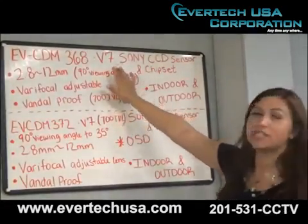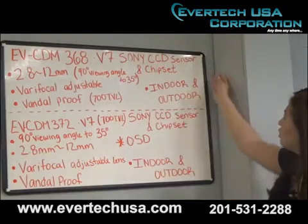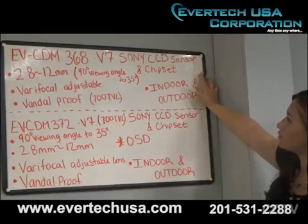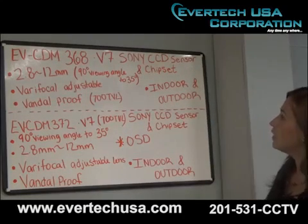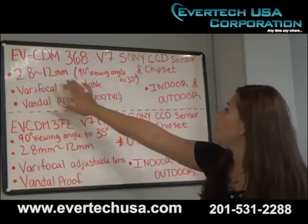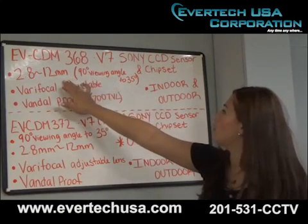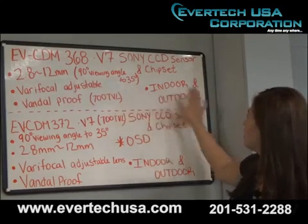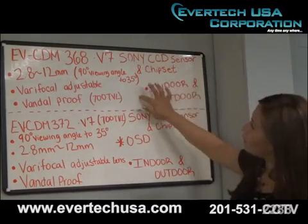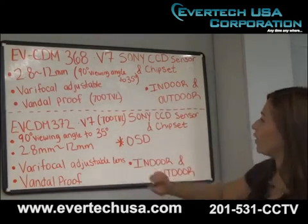EVCDM368 version 7. Now this is a 700 TV line camera with a Sony CCD sensor and chipset. It comes with a 2.8 to 12 millimeter viewing angle. Now the 2.8 millimeter shows a 90-degree viewing angle, whereas a 12 millimeter shows a 35-degree viewing angle. It's an indoor and outdoor camera with varifocal adjustable lenses, and it's a weather camera. Okay, so our